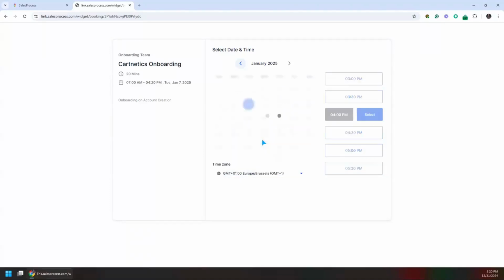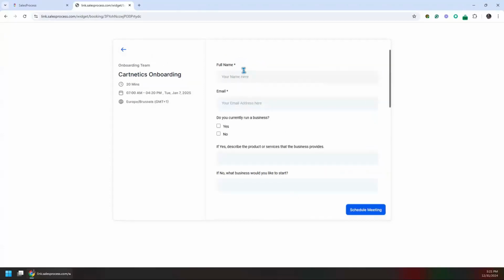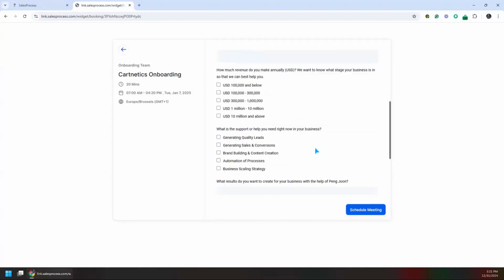Like this one, Brussels. Your customer is from Brussels, then he can select his correct time zone, select the date and time, and it automatically changes the available timing slot. Let's select that. Then the next step is your customer is going to fill out this form, and at the end of this form,